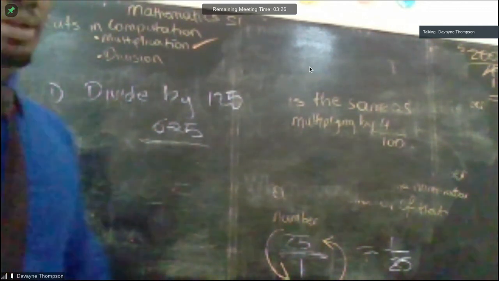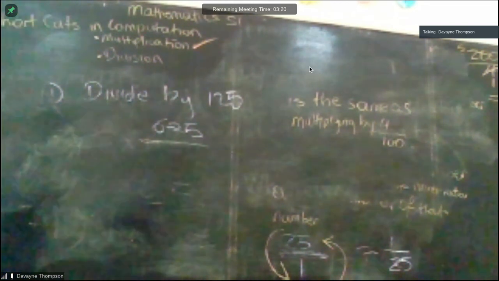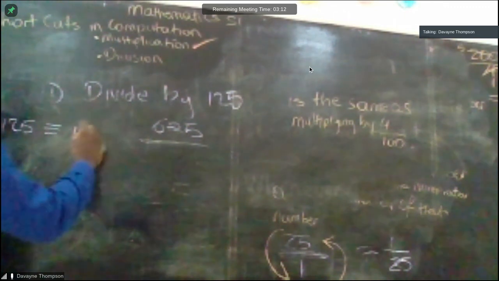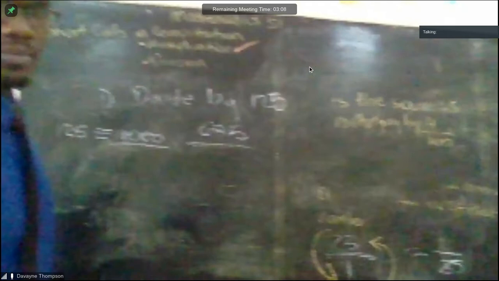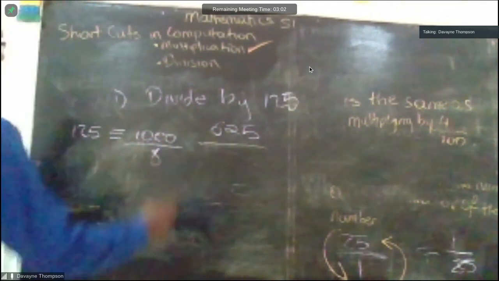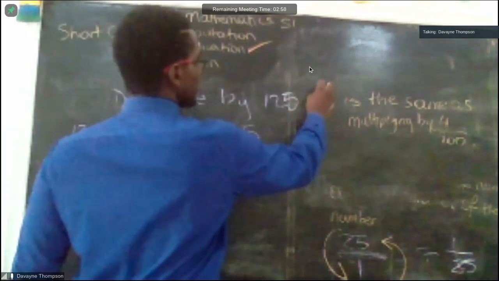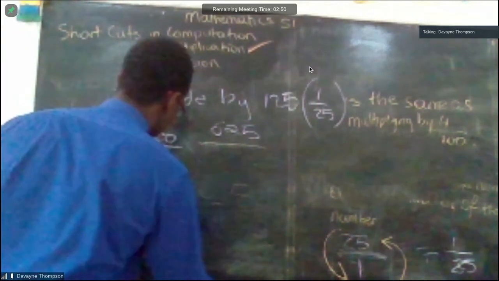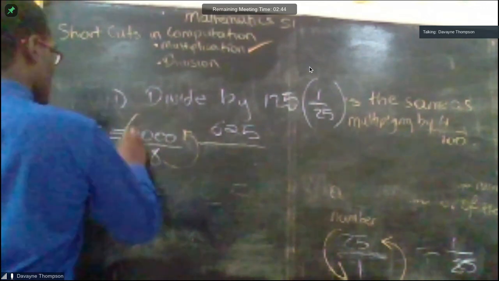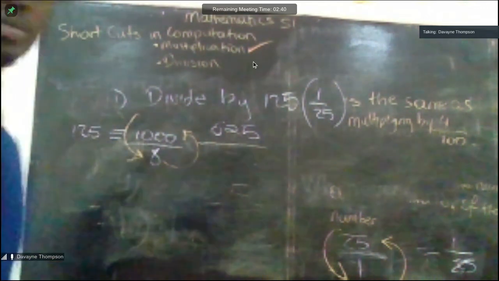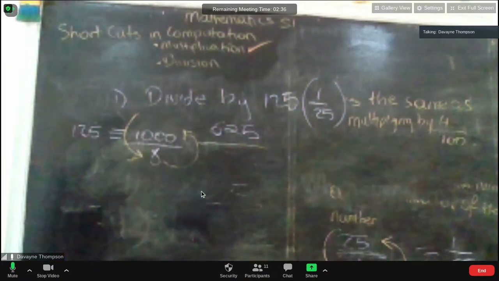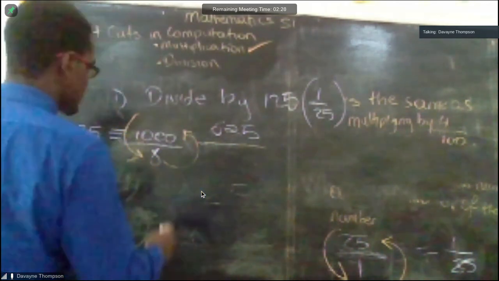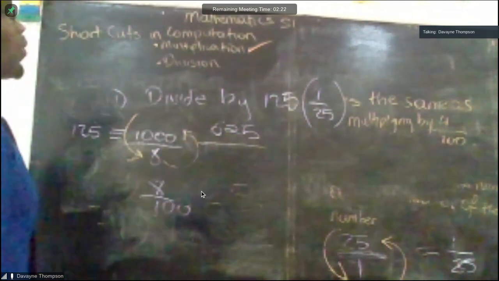Okay? Who can recall what the fraction was for 125? 125 is the same thing as 1000 divided by what? 8, sir. Good. So if I'm dividing by 125, that is really saying 1 divided by 125. So what would be the reciprocal of 1000 divided by 8? Remember the arrows. Arrow up here, arrow down here. Cassania, what's the reciprocal of 1000 divided by 8? 8 over 1000. Good. So that means, therefore, that if I am dividing by 125, it's the same thing